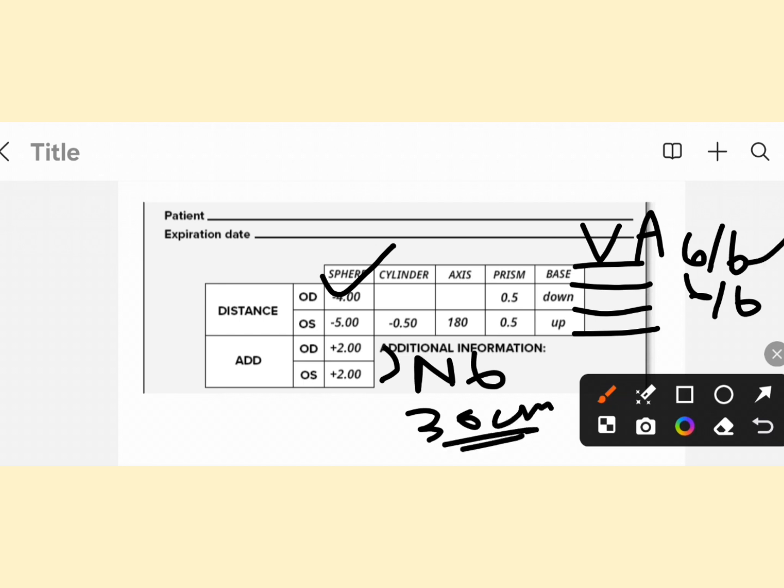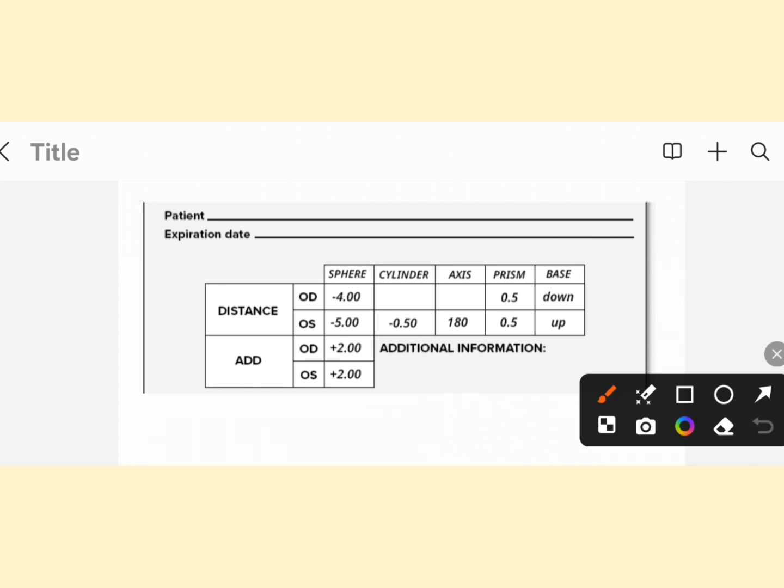6/6 is considered as normal visual acuity. I am telling about the visual acuity, not vision. There is a huge difference between vision and visual acuity. Vision includes proper depth perception, color vision, properly aligned eyes, proper light and dark adaptation, and visual acuity. All these things are included. But visual acuity means how clearly you can see the letters. It's not more than that. But beyond that, multiple things are there that also need to be checked.